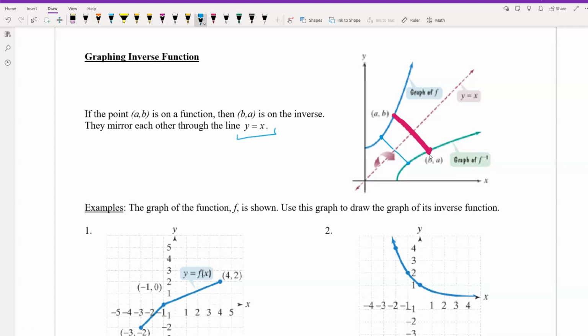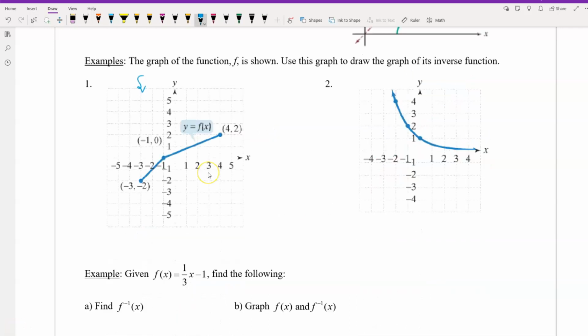This means we mirrored our graph using y equals x. So we're going to do the same thing here in our example. The graph of the function f is here. Based on what is given, we will use that graph to draw a graph of its inverse function. So here on this part, we have ordered pairs given. We have y equals f of x. So what we have for f of x, ordered pairs are